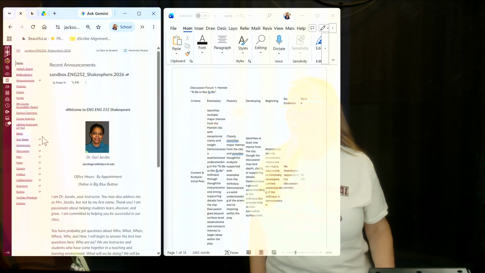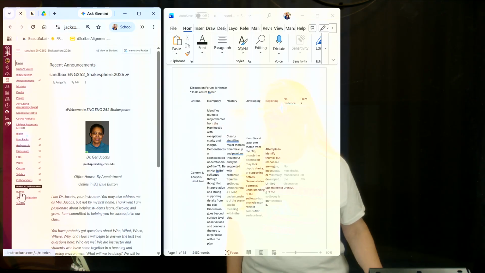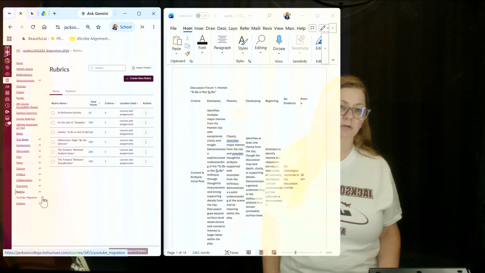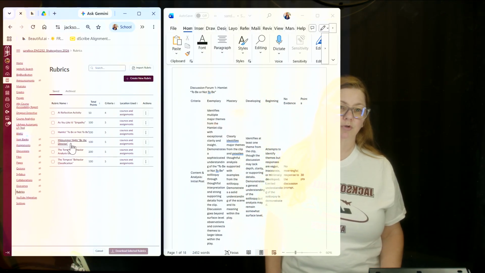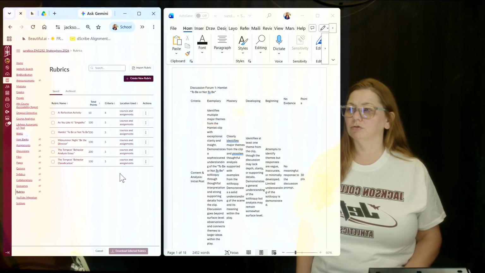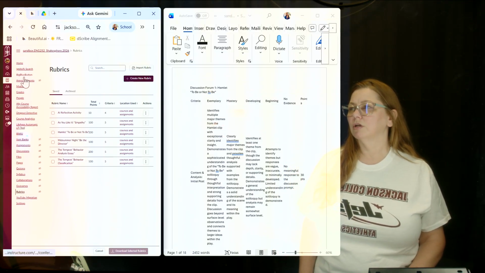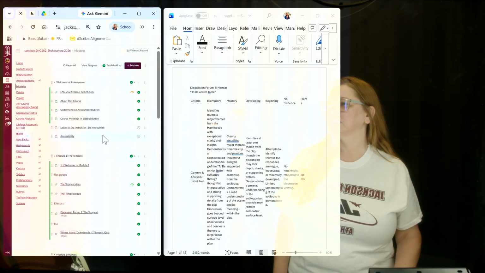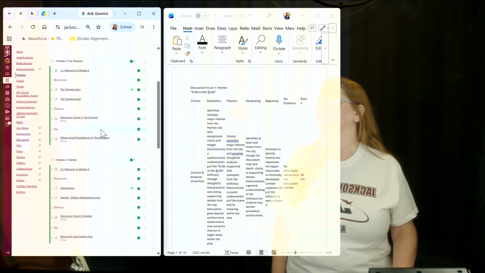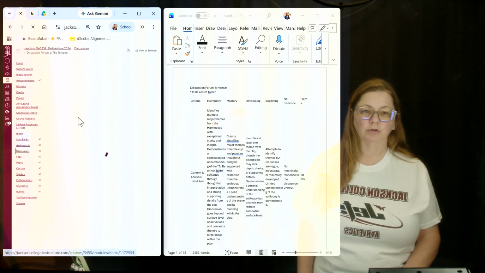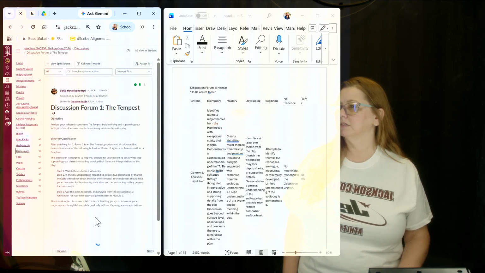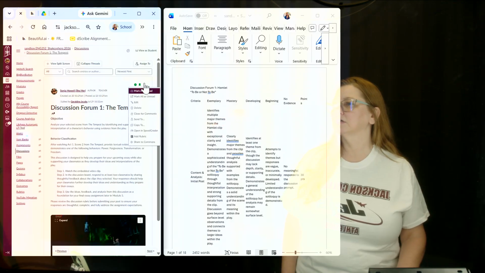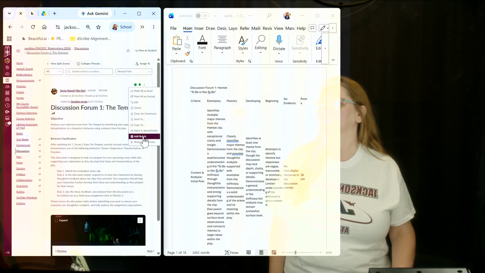Jerry Jacobs. And so you could get to rubrics by clicking on rubrics here in the course and then selecting which rubric you would like to use, or you can create a new rubric here the same way, and then you would link that to the assignment that you're using, right? Or you could go to the course and you could find discussion 1 here in the module view. And then in discussions, you would find the rubric here